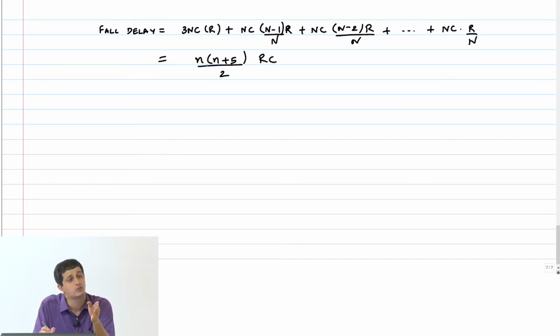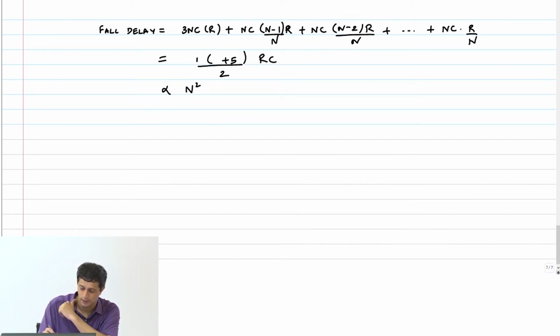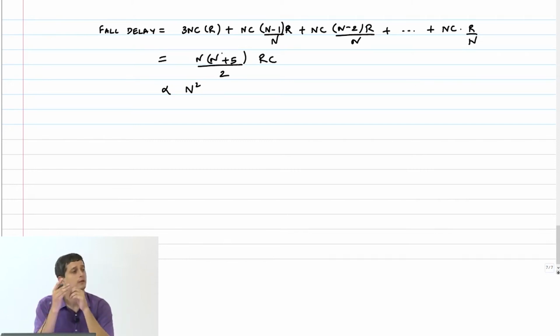That is what will form the load capacitance from the next gate. These are all just diffusion capacitances from its own layout, and that grows as N square. Delay grows as N square,